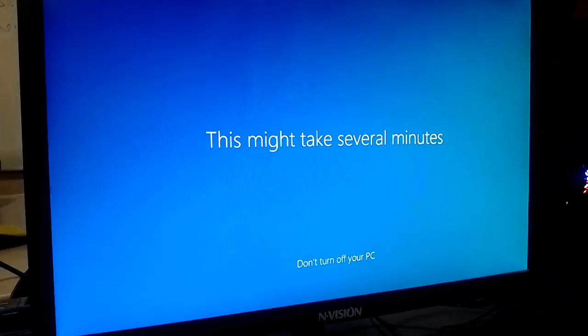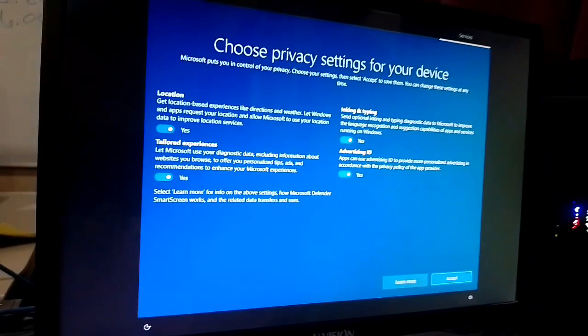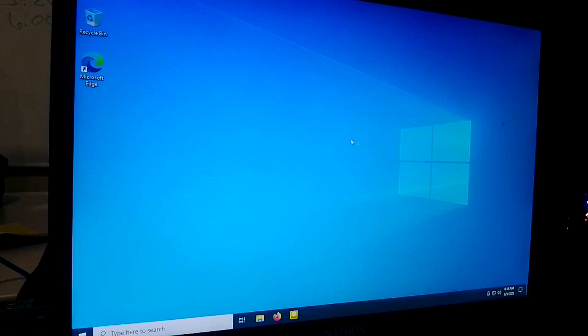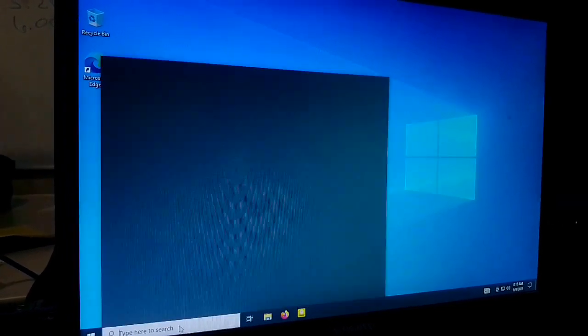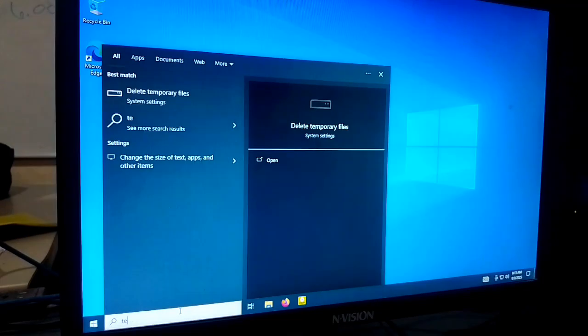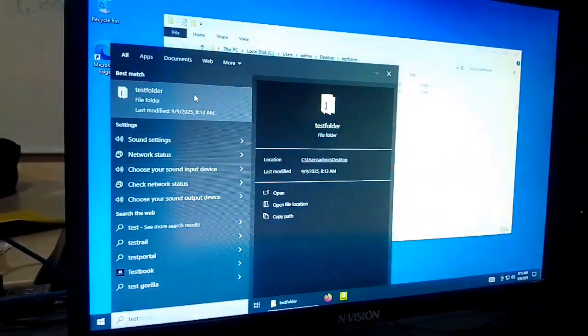After several minutes, almost there. So it's open. Then in the standard account, search for the folder that we made as administrator, the test folder.